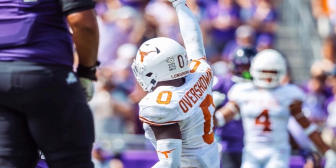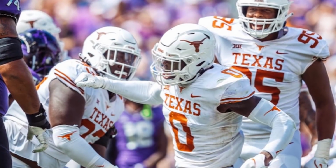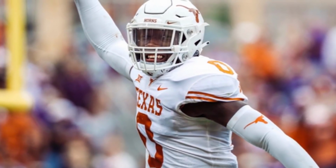That's why he's back. That's why he's not in the NFL. It's like the NFL looks at him and they're like, look, man, you have so much to learn about linebacker. You're too thin for us to just be like, oh, just bet on the talent. He's got really a lot to put together this offseason, but